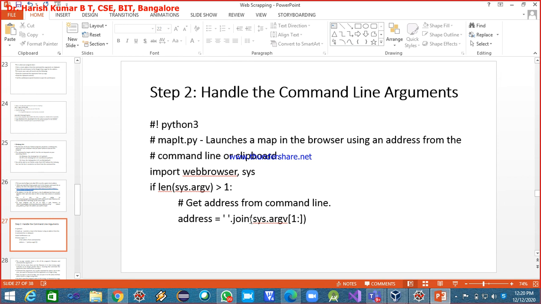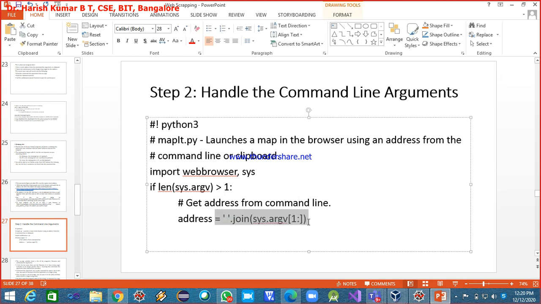So what do we do? I hope all of you are clear on this statement. I'm excluding the program name, the first argument. I'm leaving out this first argument, the program name itself. Now I want to join all, because usually when you write something at the command line, the items are separated by spaces. Each thing you write in the command line separated by a space is taken as a separate command line argument.